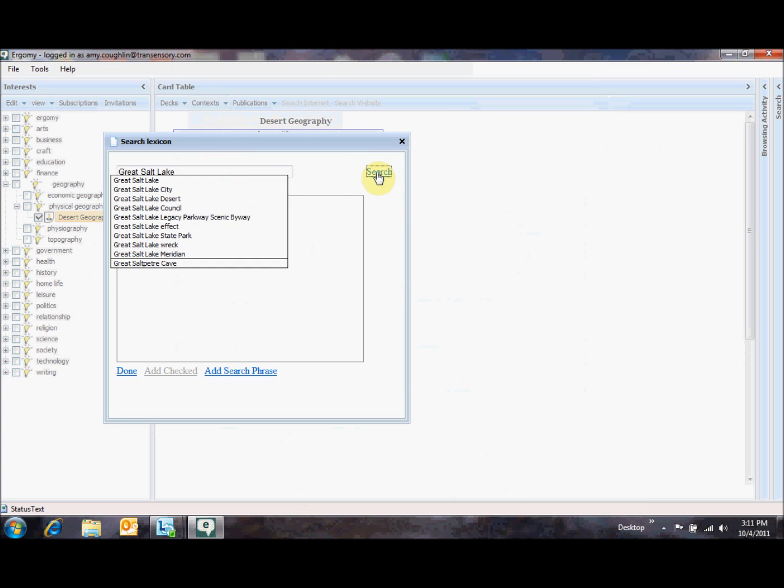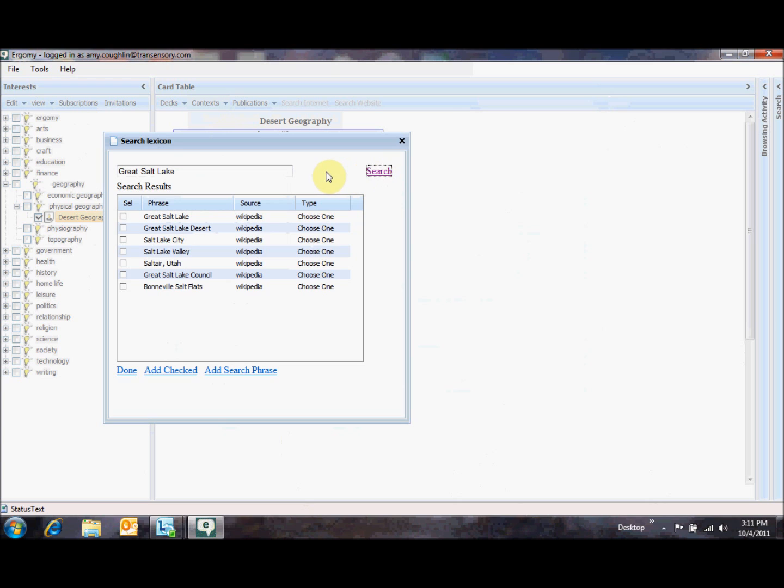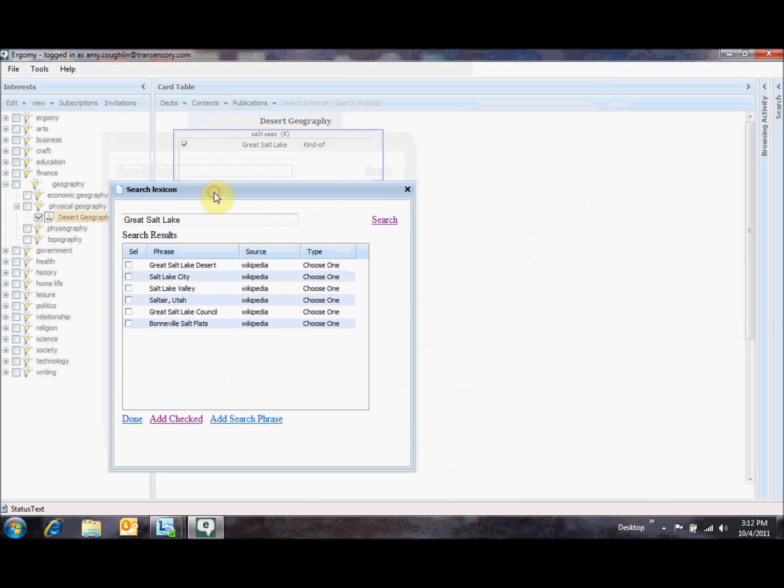Now the benefit of choosing one as opposed to just adding it is that often it will come with a description or a definition. And so that's handy to have because then I don't have to add my own definition. It's already associated with the one I select. So I'm going to choose this, and it's a kind of salt sea, and I can add checked. Now when I add it, you'll see it added to the card, but this doesn't go away on purpose, because if I want to add several at a time, it's easier if I keep it up. And so now I'm also going to add the Dead Sea,